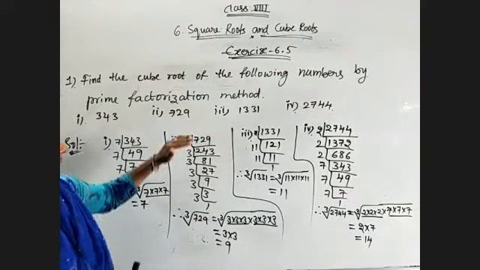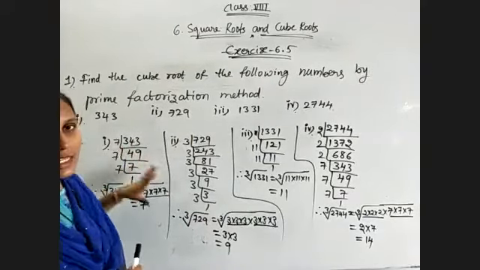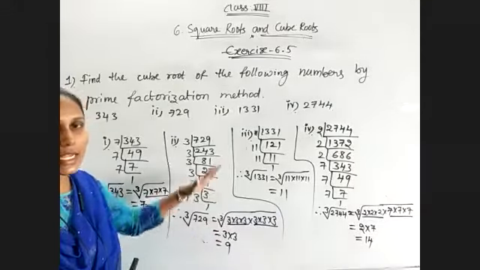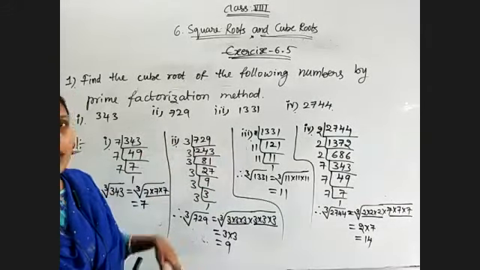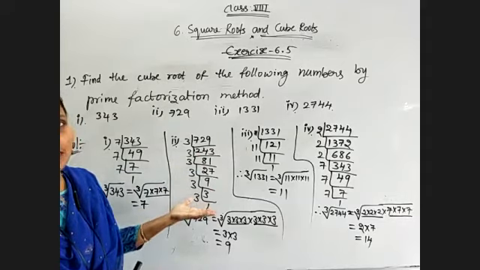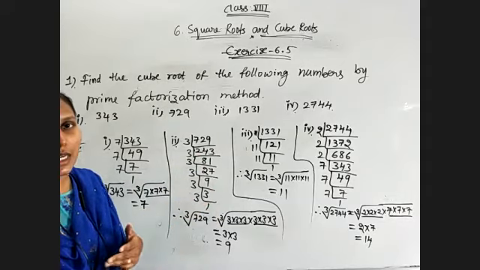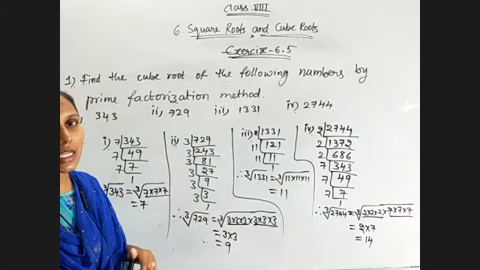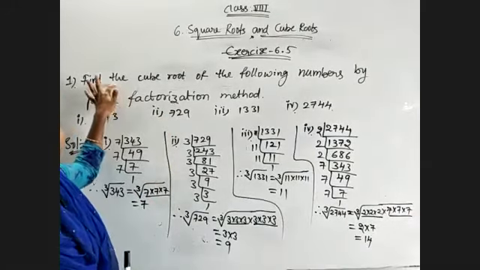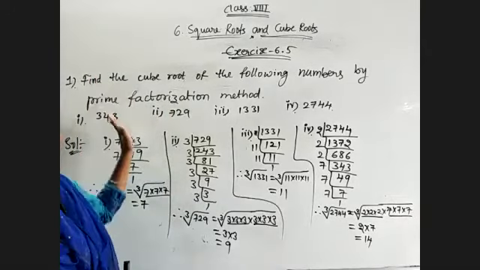Observe the same question. If we use prime factorization, then it will take time, yes or no? Because these are smaller numbers, it is fine. If there are more than 4 digits, like 5 or 6 digits, in that case it is not a suitable method. For that, we will see the next question. Next, in the second problem, we have the estimation method. How to do it in that method, we will see.